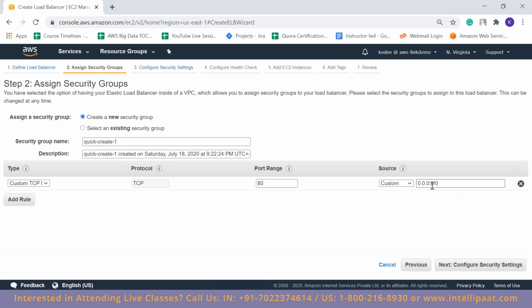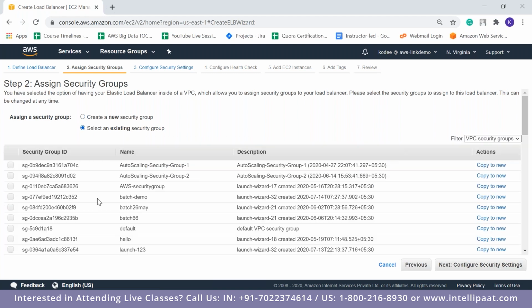But right now if the source is custom and it is all zeros, then anyone can access this particular load balancer. So I'm not going to create one, I'm just going to go with the default security group, which just has this one rule allowing all traffic.